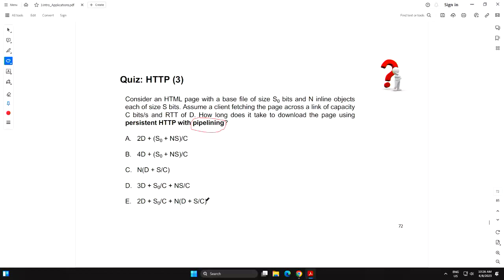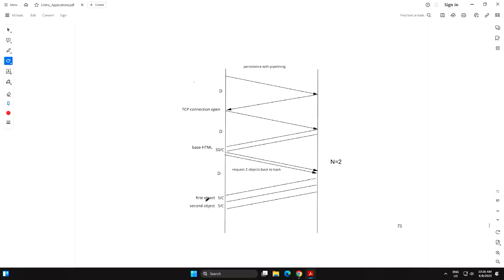If you look here, this is the pipelining. You have to open the TCP connection once, there is no avoidance of TCP, so you have 1D. Then you have to get the base file, so you need 1D, and you experience the transmission time of the base file, which can be very small.